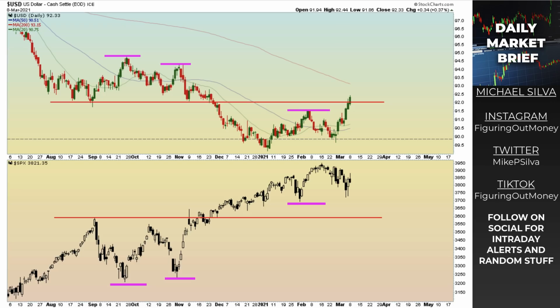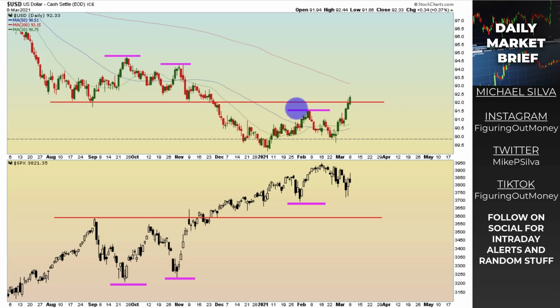Then the dollar, this one should be on everyone's eyes because we've been waiting for it to cross above 92. Crossed above 92. Now let's see if we can hold it above 92 for a couple trading days. This right here suggests one thing: we're seeing gold and silver, we're seeing certain commodities start to weaken. And that makes sense as we see the 10-year yield rise and we're seeing the dollar continue to rise. Now, dollar is a heavily shorted position. So if we start seeing this squeeze to the upside, that can be pretty crazy.